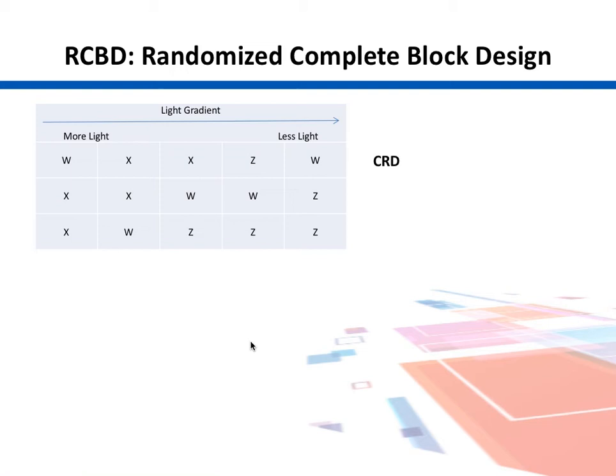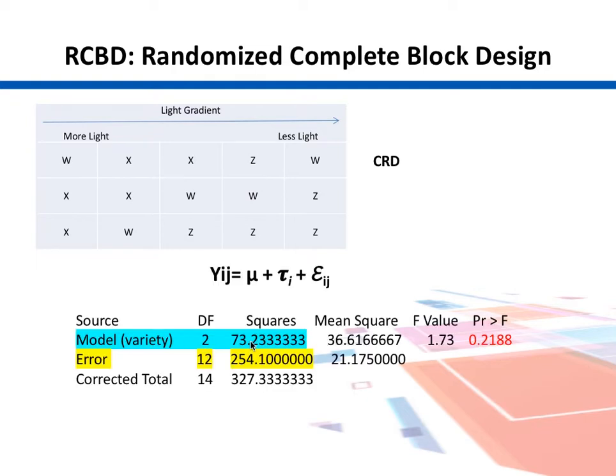Suppose we ran an experiment in a greenhouse and we have three treatments W, X and Z, and we ran it as a CRD where there is no restriction on randomization, and total replicates we have are 5 for each variety, so total experimental units are 15, and we place them anywhere we want in the greenhouse. And since we ran it as a CRD, this will be our linear model.